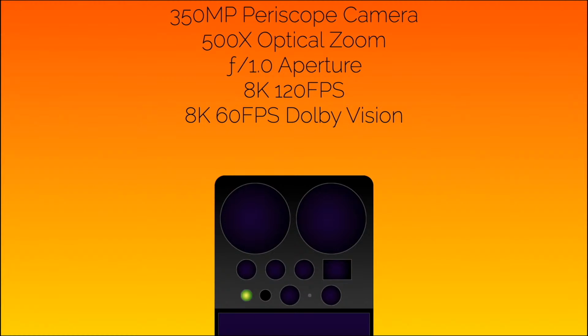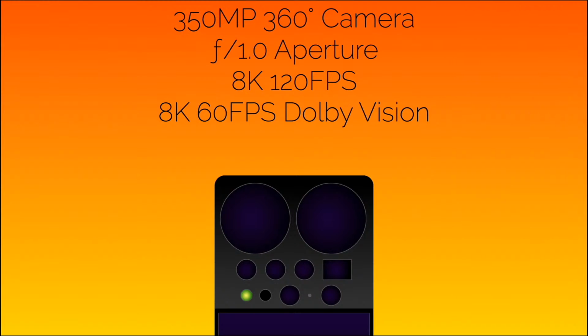We have the same exact sensor for a periscope camera with a 500x optical zoom. That's combined with a 250x on the telephoto for a total of 750x optical zoom. We have a 360 degree camera with an f1.0 aperture, 8K 120 FPS video, and 8K